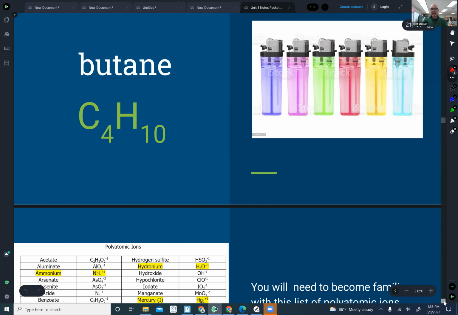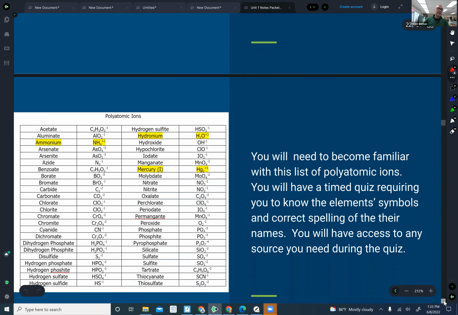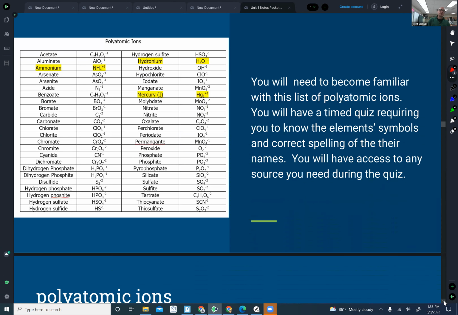All right, last part of today is that we will need to become familiar with the polyatomic ions. Again, look at this list. This is an exhaustive list, and kids had to memorize this previously. I've reneged on that idea. You're still only going to be needing to be familiar. I will warn you, however, you will run out of time if you are not familiar with how these are